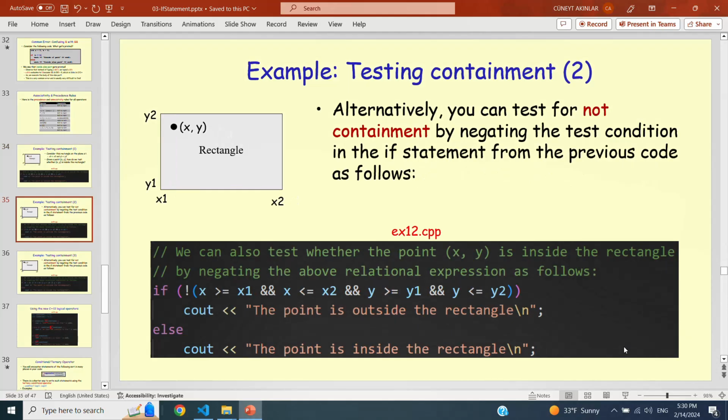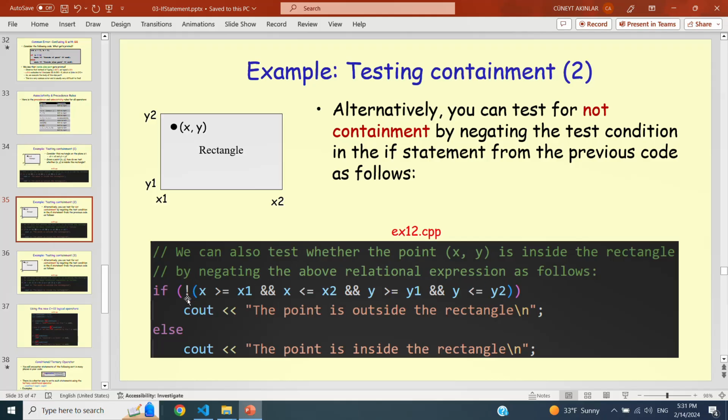We can actually test for not containment. In the previous example, we tested for containment, saying that if x is in between x1 and x2 and y is in between y1 and y2, the point is inside the rectangle. But what we can do is we can take that condition and negate it, right? If we apply now the negation operator, the not operator, what we are basically saying is this condition is testing whether the point is inside the rectangle.